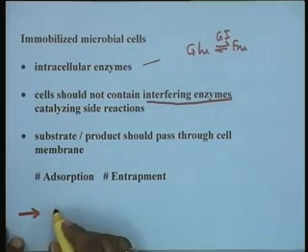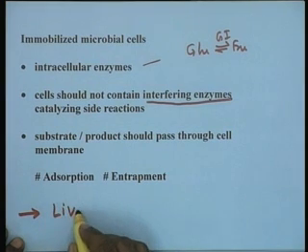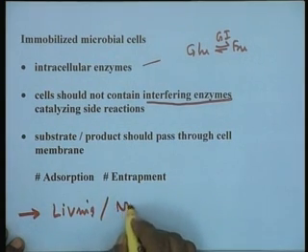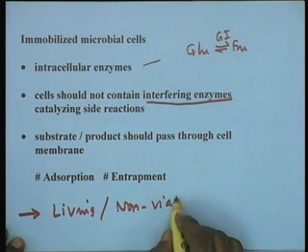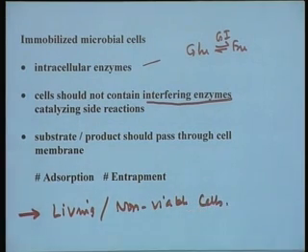Now, I think we must here also probably make a distinction between living and non-viable cells. Living cells are usually used in those cases for bioconversion processes where we require a series of enzyme reactions, more than one enzyme reaction involved, usually with cofactor regeneration. That means a metabolic pathway is involved with a metabolite to be produced,